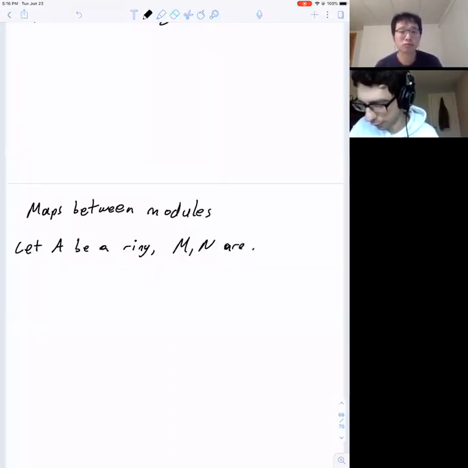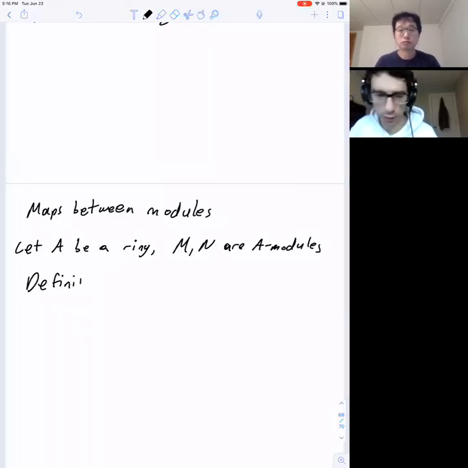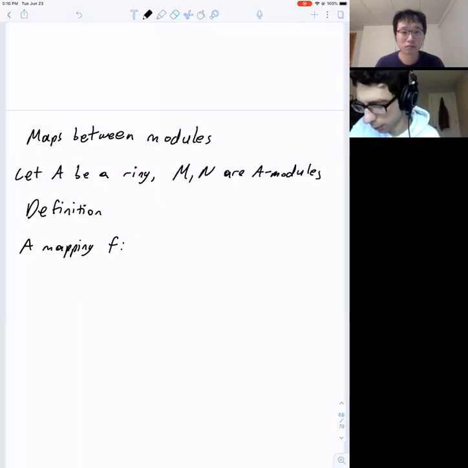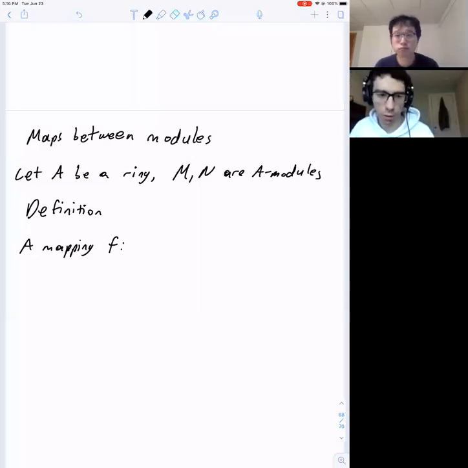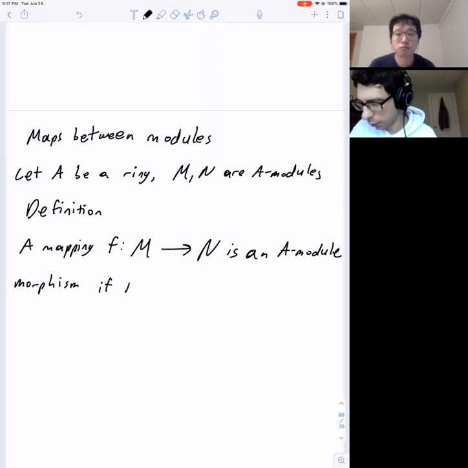The second definition today is that a mapping F going from M to N is an A module morphism, or A module homomorphism, if for all